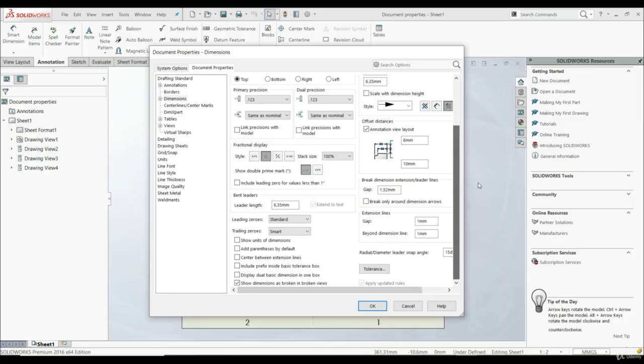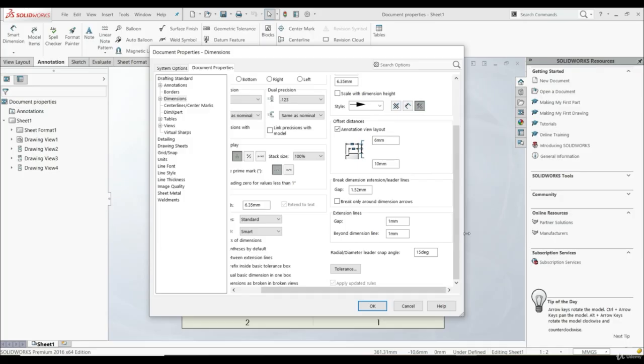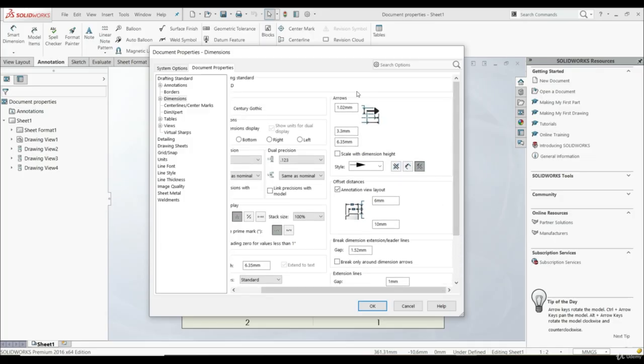Now let's go down here. Here we have Show Units of Dimensions, and let's check this one. But now on the right side we have arrows. Here we can change some dimensions of our arrows. As well, here we can choose a style. So we can go now, for example, with this style, and this style will be applied to all dimensions that